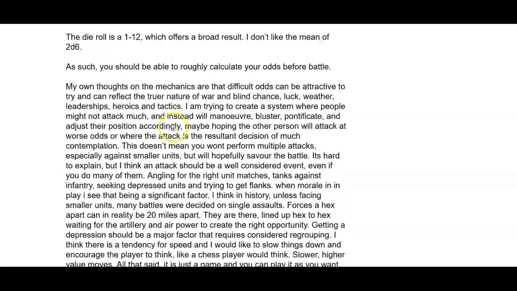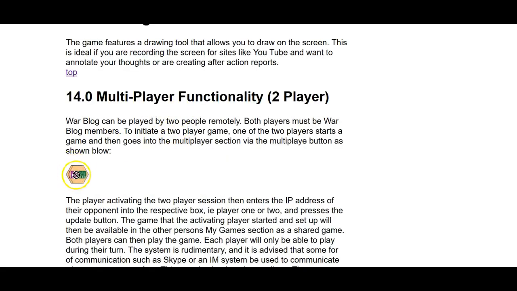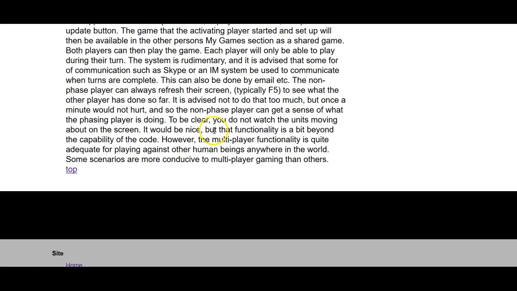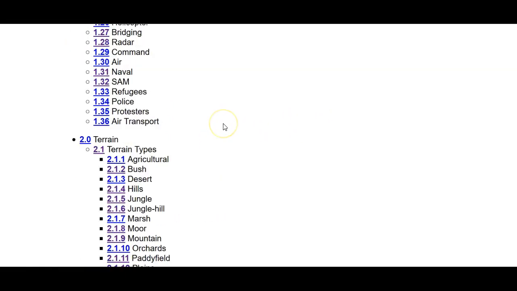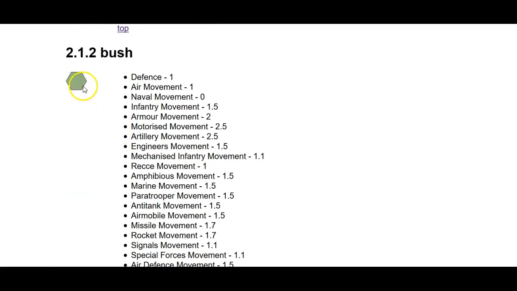Not a lot in the way of pictures, which is something else, but I do have a little picture there, which is the symbol for the multiplayer functionality for 2 players, essentially. So there's a set of rules. If we actually have a look at the terrain types, you can see here that you get a complete list